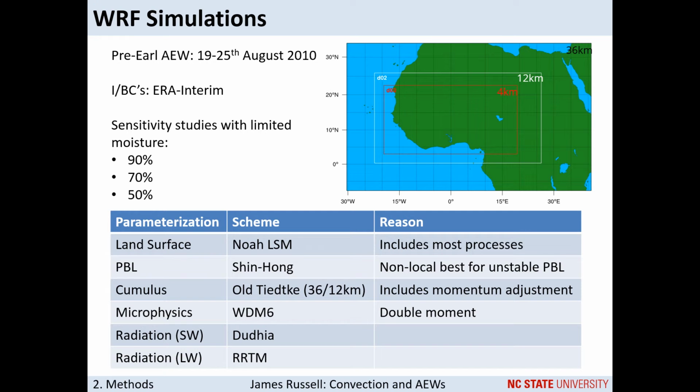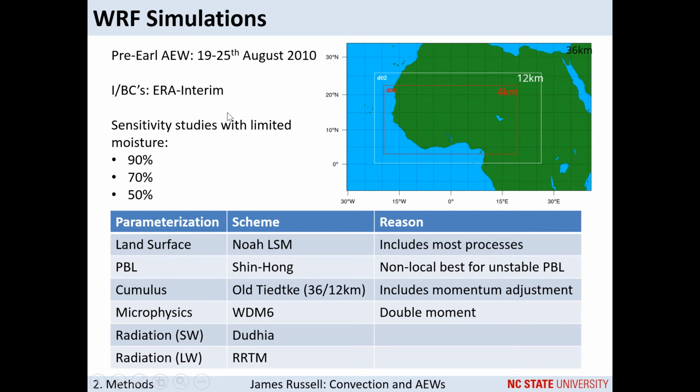And so the wave we're going to be looking at is the pre-Hurricane Earl wave from 2010 that crossed this region during the 19th to 25th of August. And we're going to be using the parameterizations as below. I'm not going to go into detail on those, and we're going to be using ERA-Interim as the initial and boundary conditions. And so we have a control simulation with full physics,